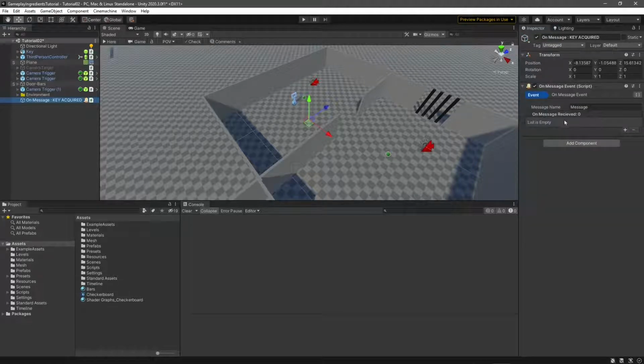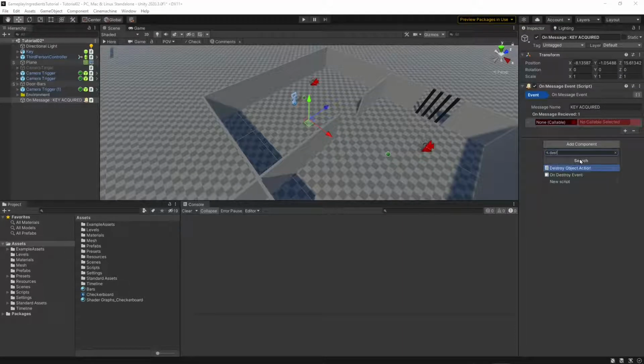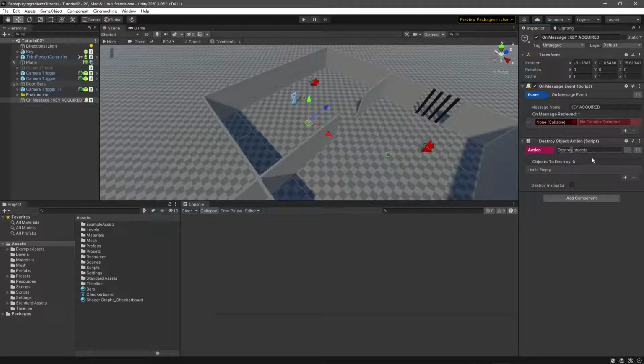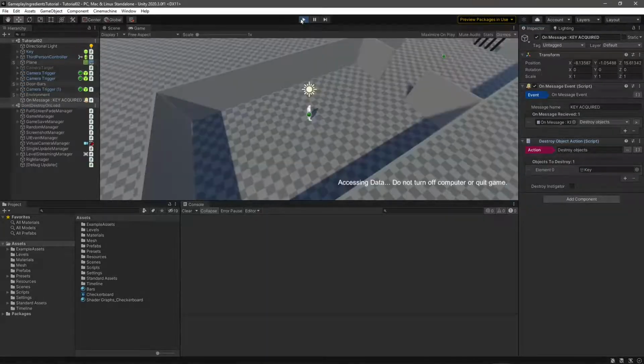Okay, so here key acquired, and what I'm gonna do is destroy object. Here, destroy object, and the object we are going to destroy is the key. So whenever a key is acquired, I'm destroying the key because it's being acquired,